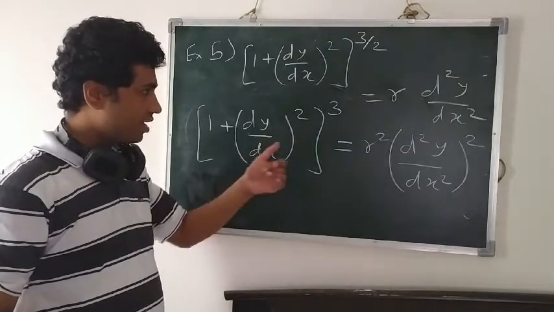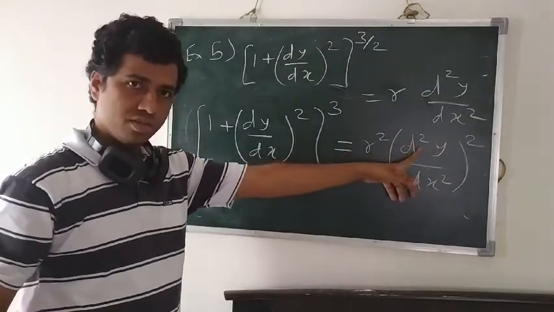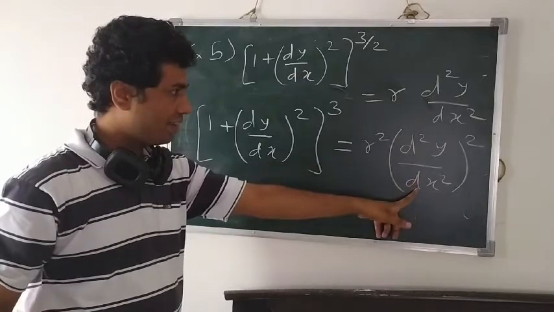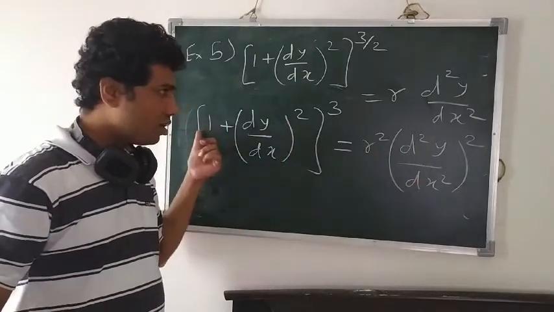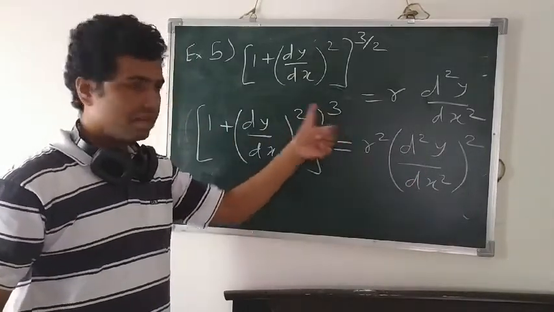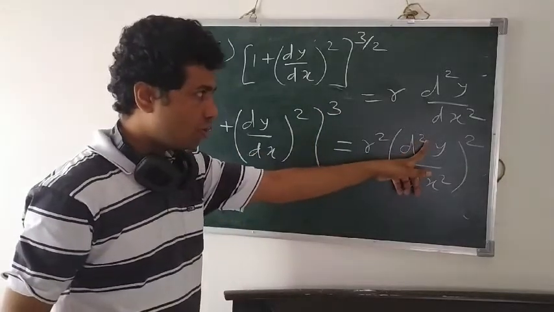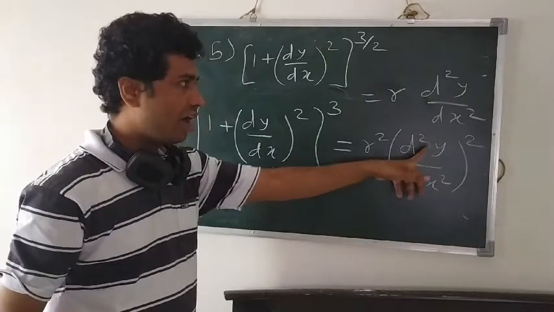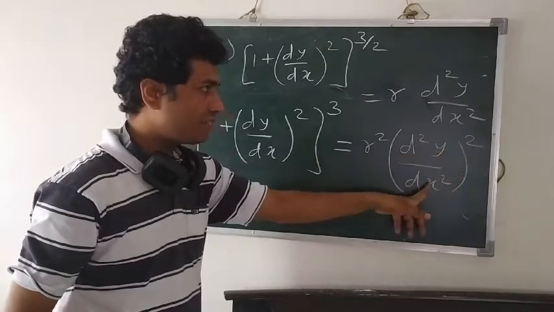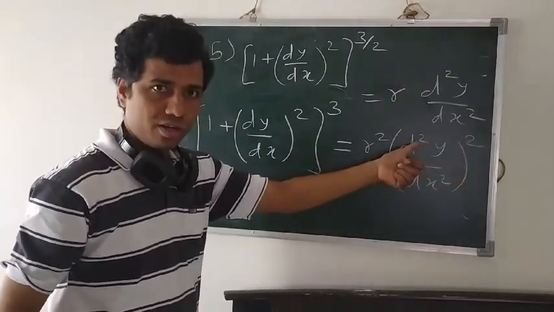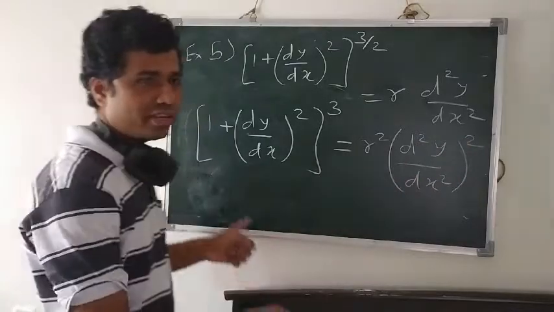Now highest order derivative is second order derivative d2y by dx square, so we don't need to simplify this left hand side. Okay, so order is 2 and highest power of d2y by dx square is 2, so order and degree of this differential equation is